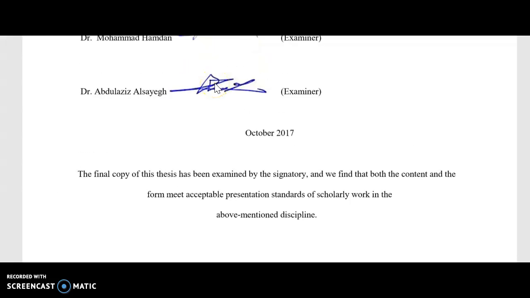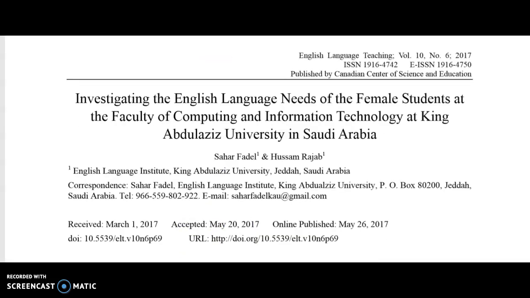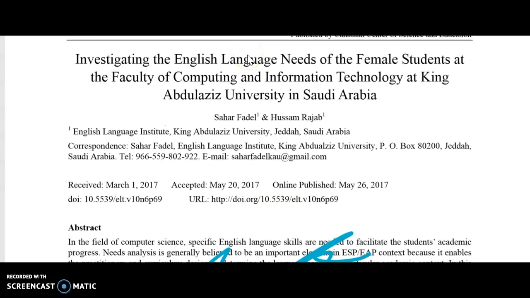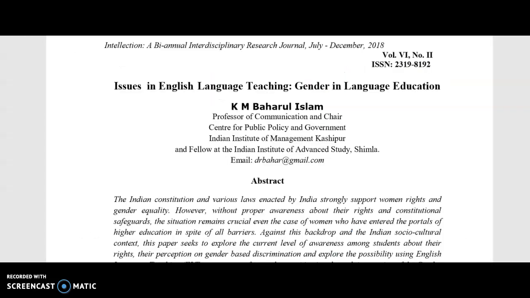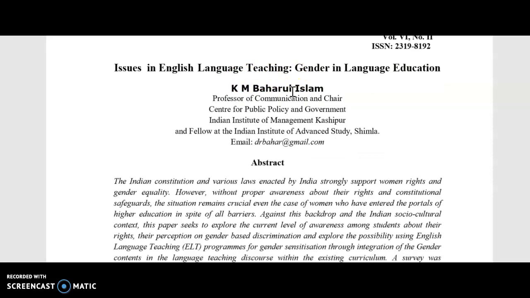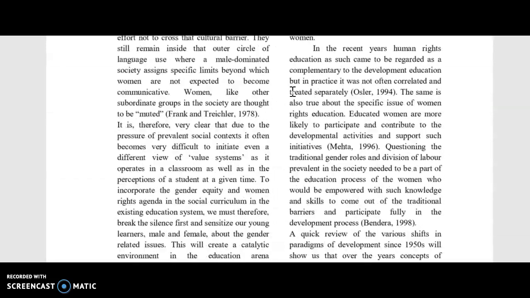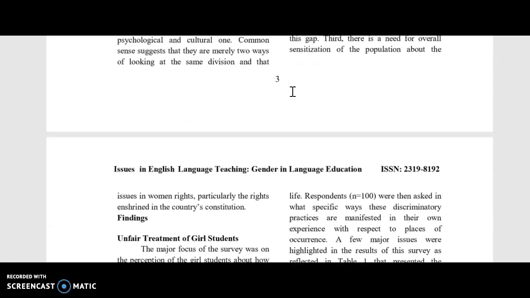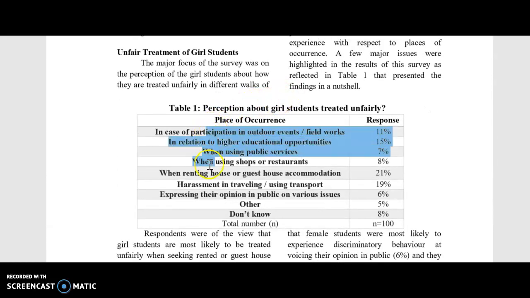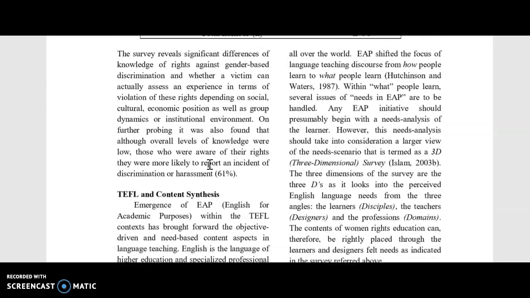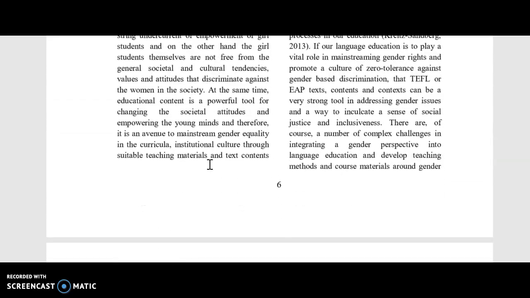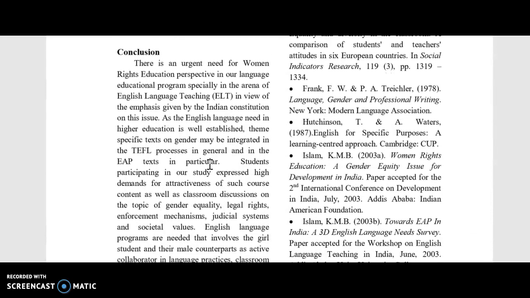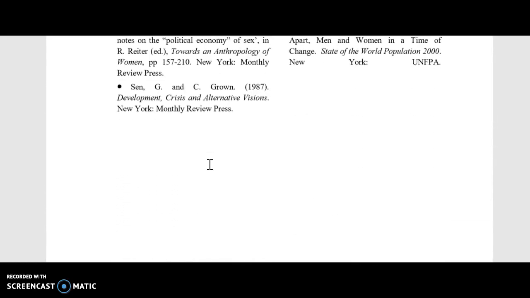Another example is this one, which is investigating the English language needs of female students at campus. This is also in Saudi Arabia, the same topic. And this is the third one, for example, English language teaching grade in education. So it's again the same issues. And as you can see, I would look just for the questionnaire, if there is a questionnaire or items that would help me to build my own study. The reason to have these 3 is because we want them to be a model for us